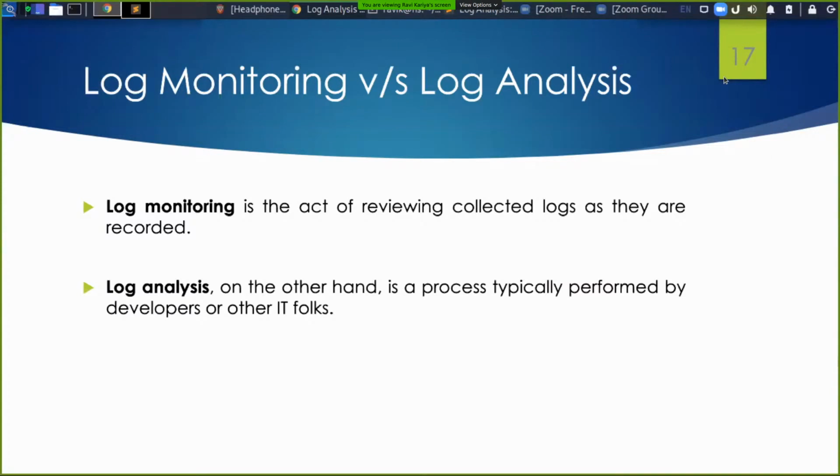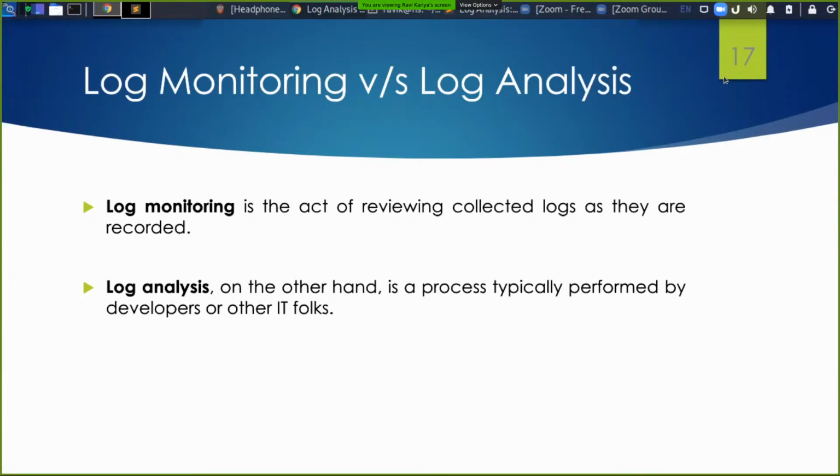Last but not least, the difference between log monitoring and log analysis. Log monitoring means some sort of SIEM tool is implemented on the server side, which keeps monitoring all the logs and events, what is happening and what the client is visiting. As soon as any attack happens, it pops up an alert and reports it directly to the server admin or concerned team members.